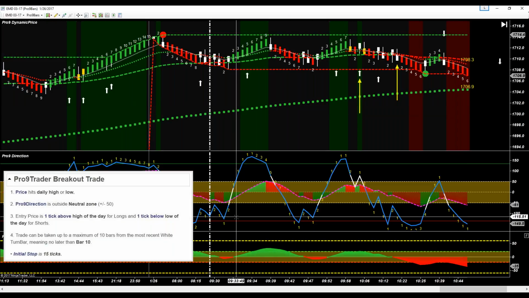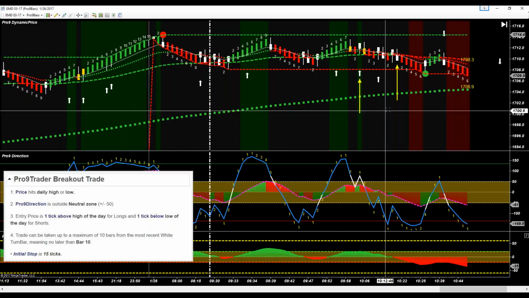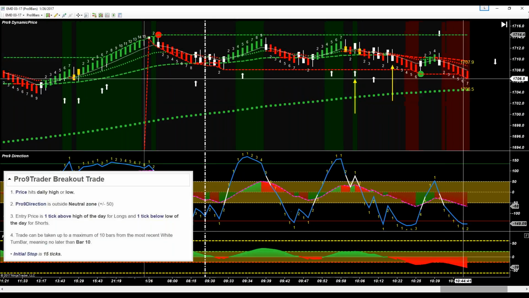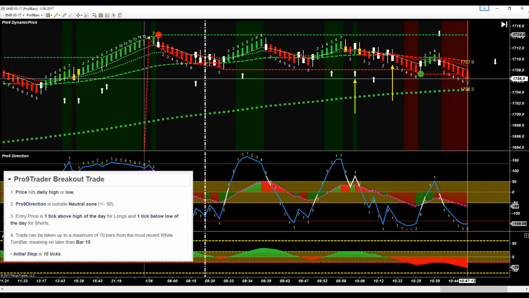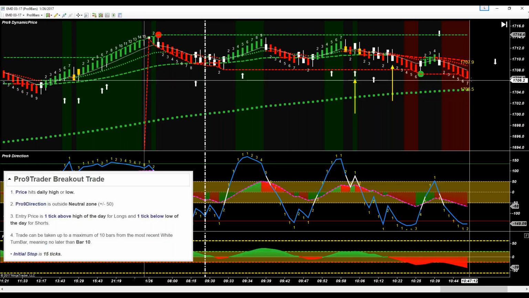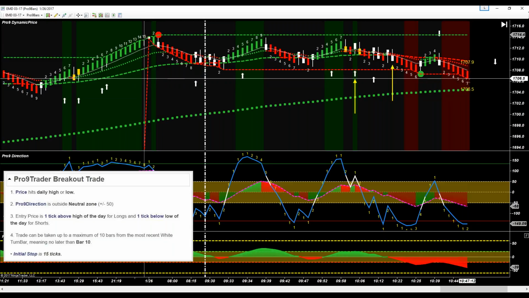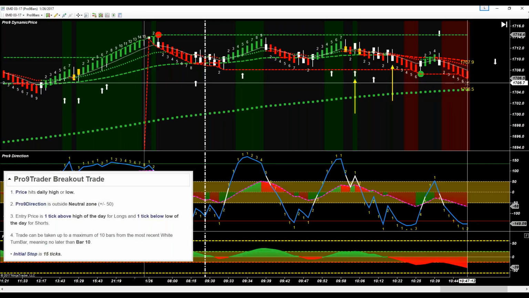And I would like to clarify about rule 4 here. Trade can be taken up to a maximum of 10 bars from the most recent turn bar, meaning no later than bar 10. I have found this to be a point of confusion for some, and they ask, well, I couldn't get in here, so can I get in on bar 7? As the low of the day is now at 1706.5, can I just put in 1706.4 and hop in? Not really, because